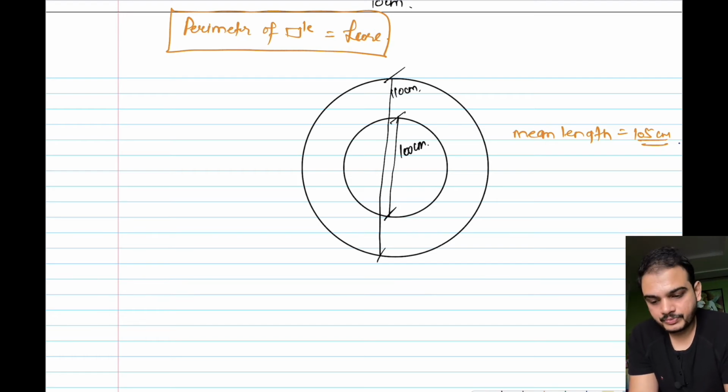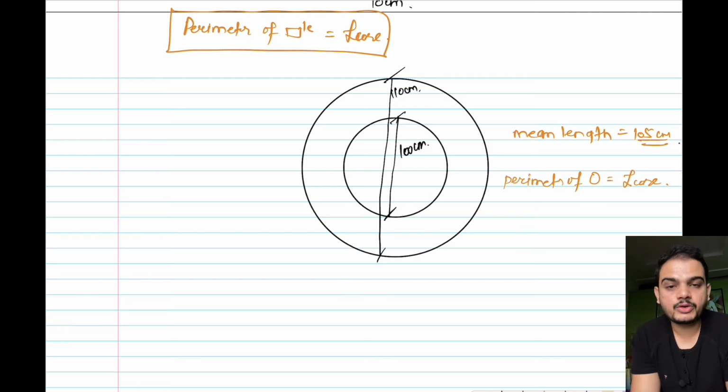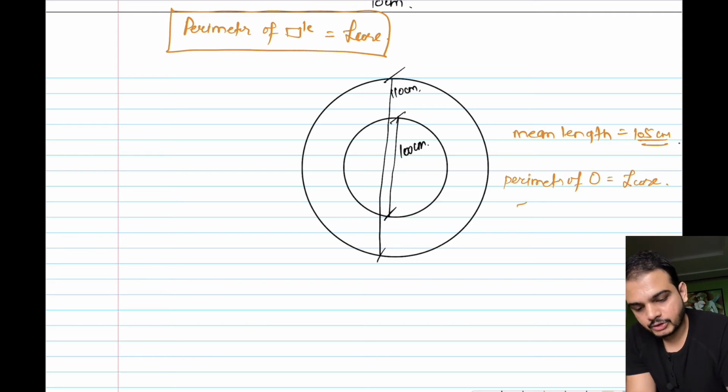the length of this circular core, what will we find? We will find the perimeter of a circle. So for a circular core, the perimeter of the circle is equal to the length of the core. Now the perimeter of a circle is how much? Pi d or 2 pi r. So length of core is equal to 2 pi.